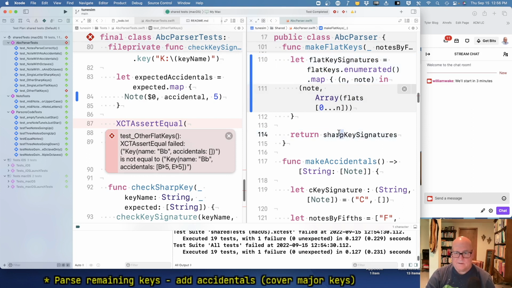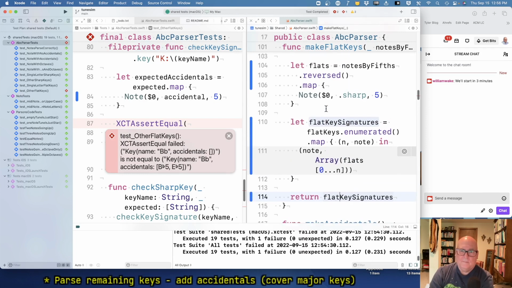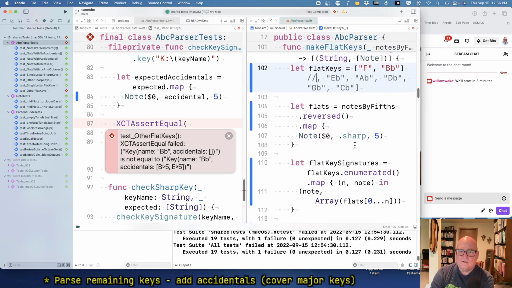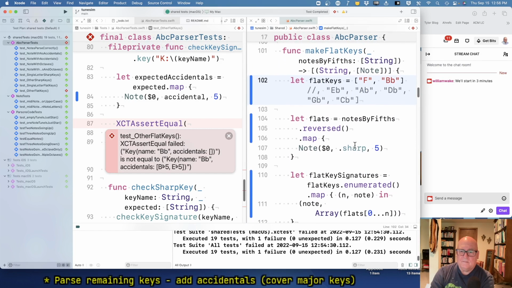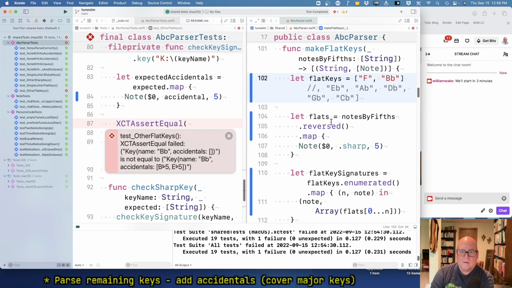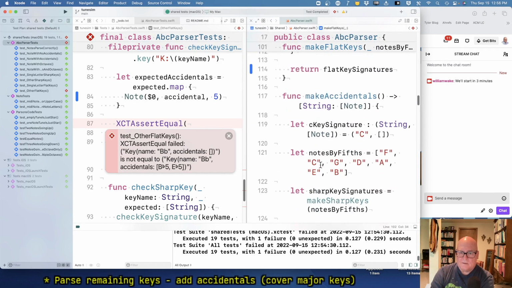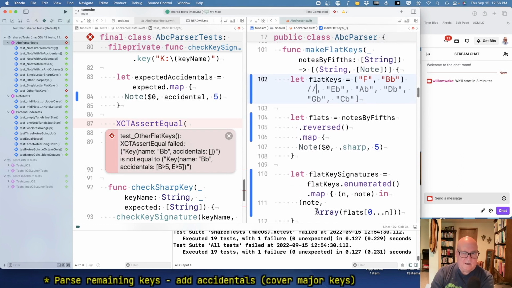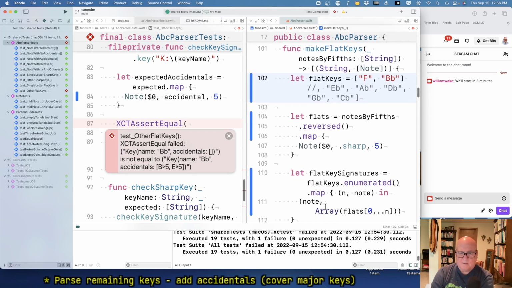Flat key signatures and flat key signatures. Okay, and for now, I think we're just doing these two. F, B flat. Okay, notes by fifth reversed. So B is first. Okay, so F gets B flat, E flat,